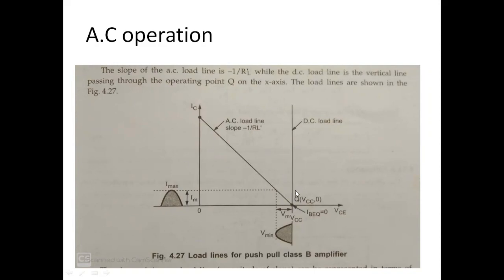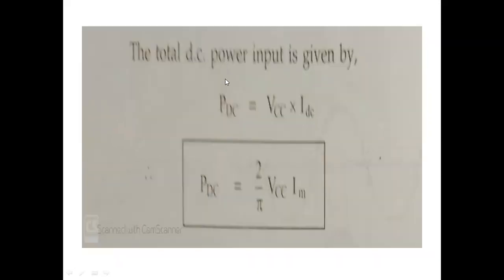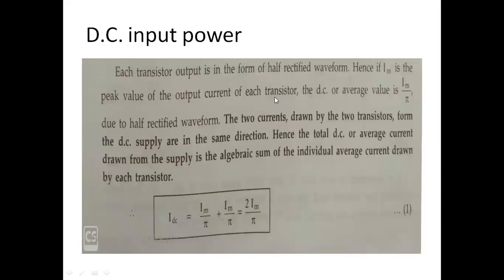That is, ICQ is 0, but VCEQ is VCC. This is the DC voltage situation. So here we have the Quiescent current values and Quiescent voltage values, and next how we can find out the